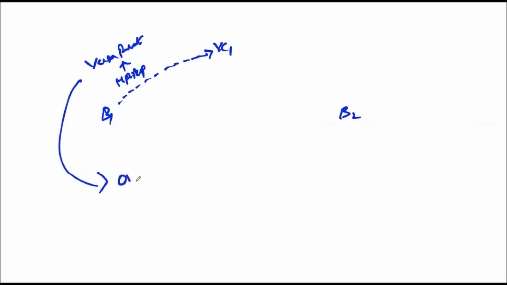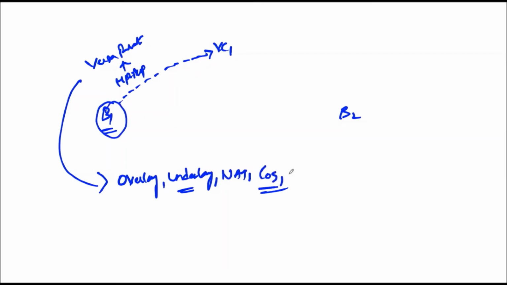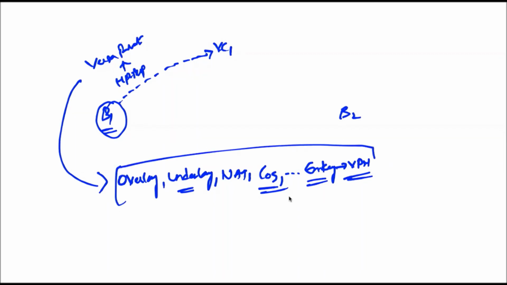It contains the overlay IP addresses, the underlay IP addresses of the branch, which is nothing but the WAN IP addresses. Then what is its NAT status? What are the QoS options enabled on branch 1? Then it even contains the encryption key, which is going to be used for the VPN. Okay, all this information will be exchanged with help of the Versa private family.